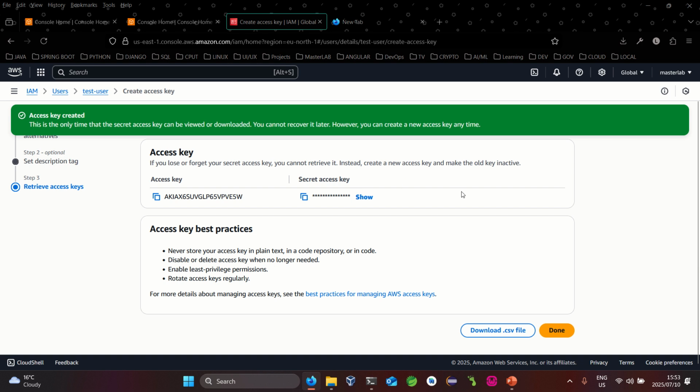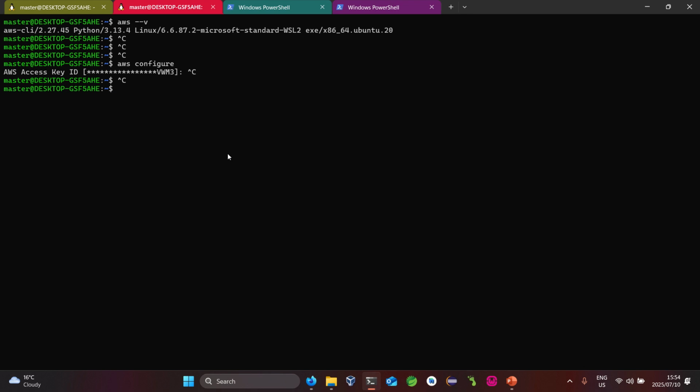Now we just need to go to our AWS account. You can copy them directly from here, or you can download them from the download link. So now we have those. We can go to our AWS CLI to do the authentication. Using the command aws configure, you will have to type out your access key ID. Once you type your access key ID, for example,